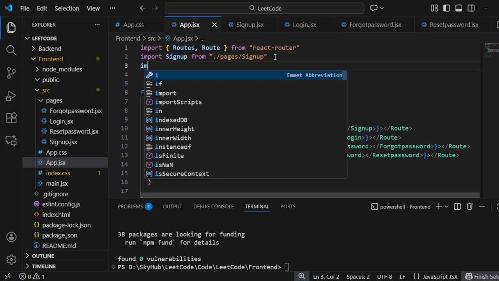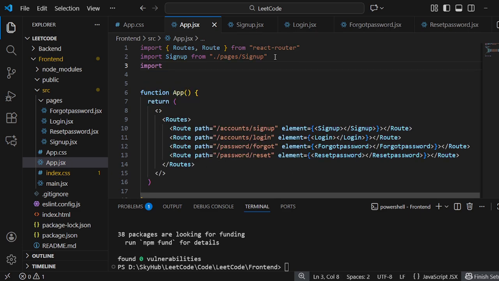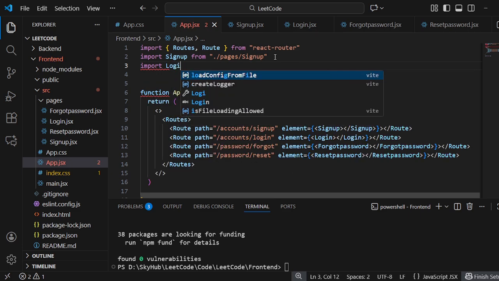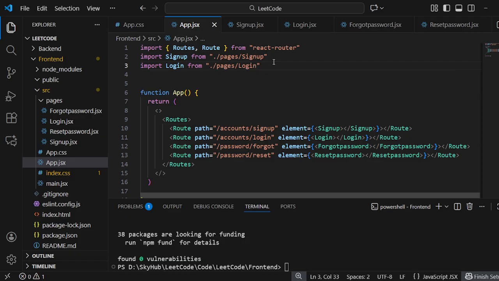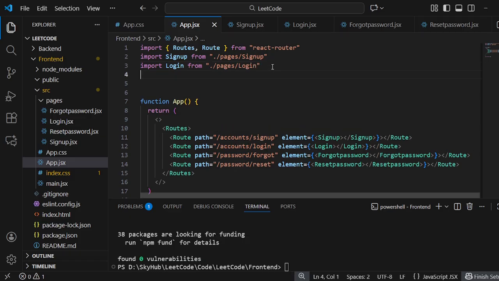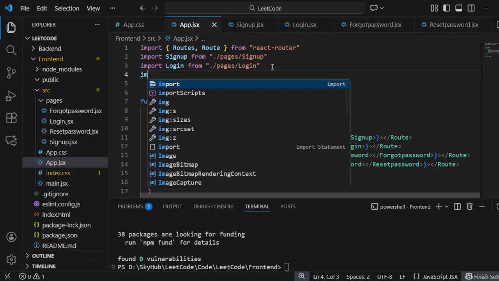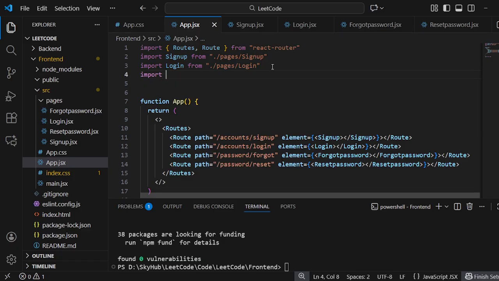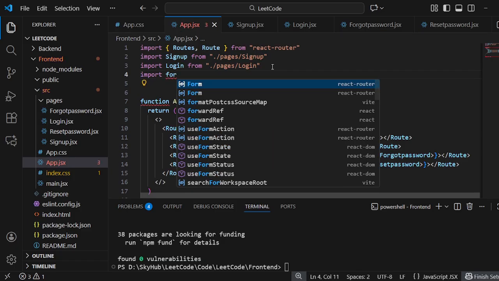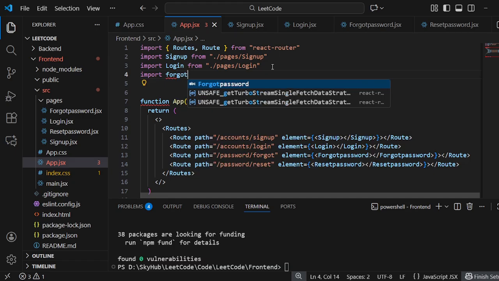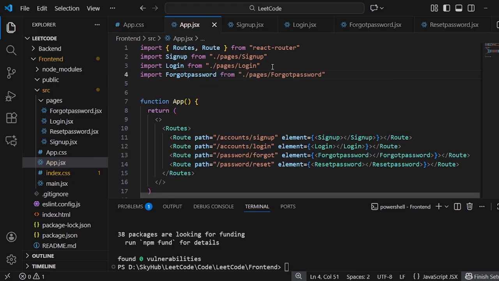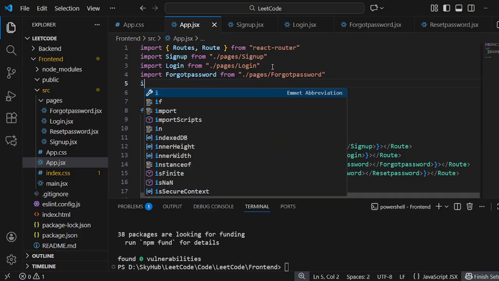Then next import login. Next import forgot password. Next import